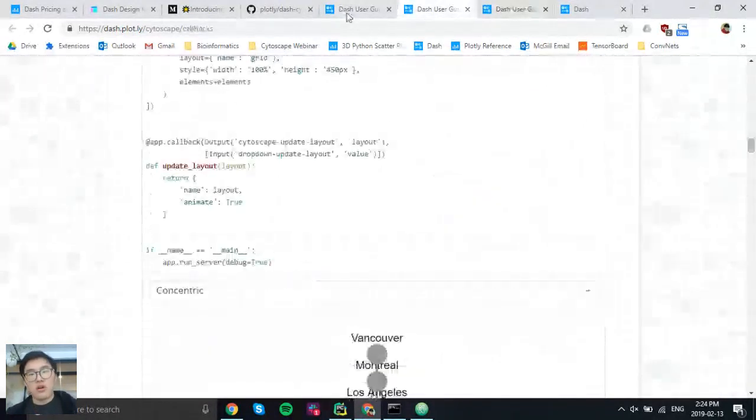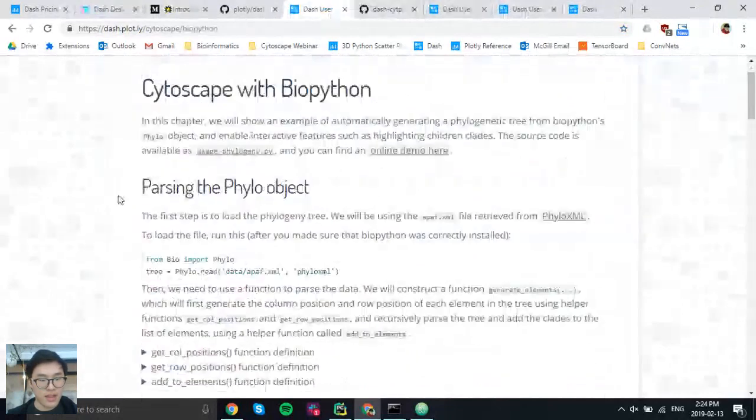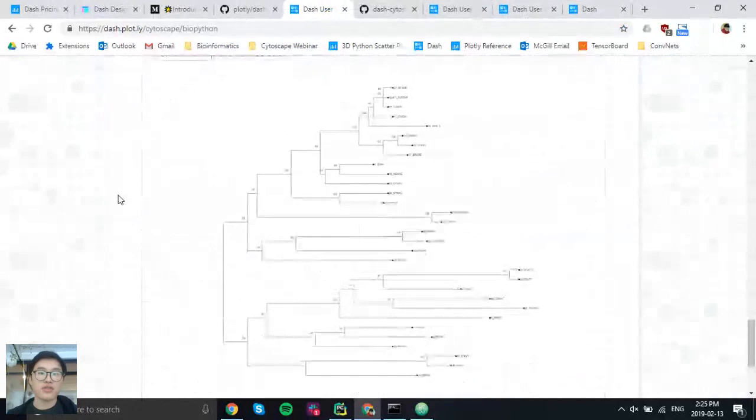The goal of Cytoscape originally, that was 10 years ago when the software was made, was to use it in computational biology settings. And we wanted to further this by integrating Cytoscape with BioPython. You can check out the online demo here and the source code right here for the example. It's all included in the user guide. Here we just slowly go over the phylogeny, how we're integrating with BioPython to create phylogenetic trees using Cytoscape. And we've written a function to help you do that. And you can easily reuse the function to display BioPython